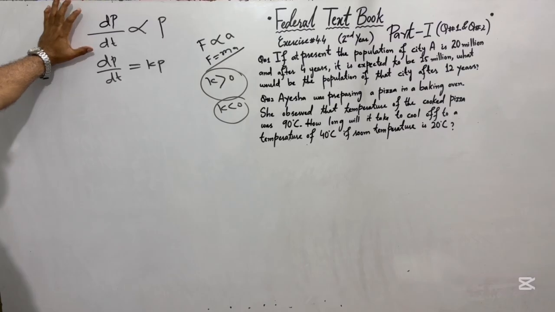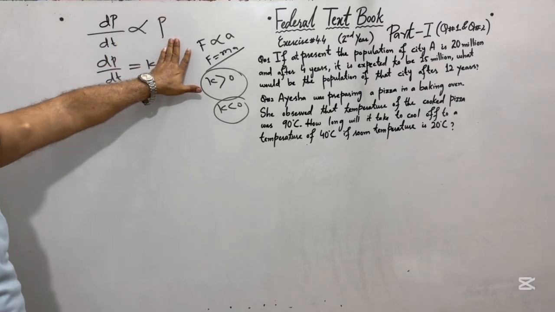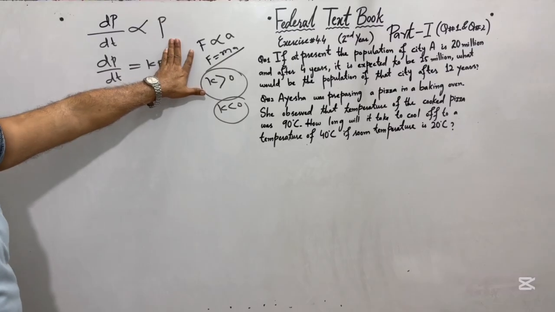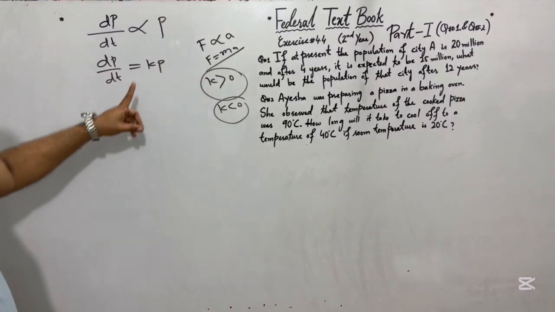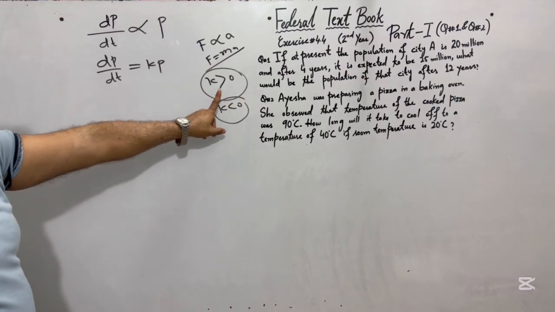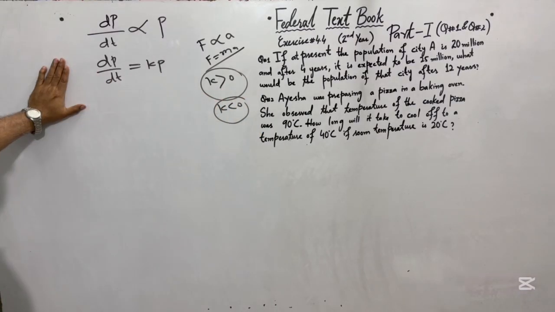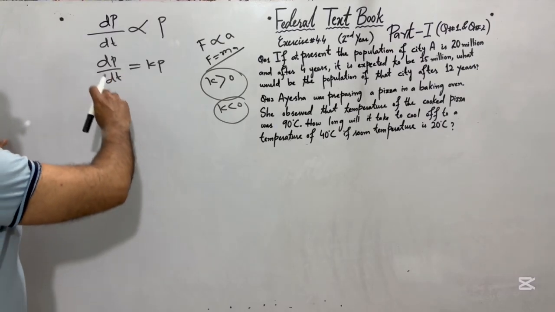the rate of change of population with respect to time is directly proportional to the population present. Whether population increases or decreases, it depends upon k. Obviously, in that case, population is increasing, so our k is to be positive, not negative. Here, it is the case. Now, it is simple